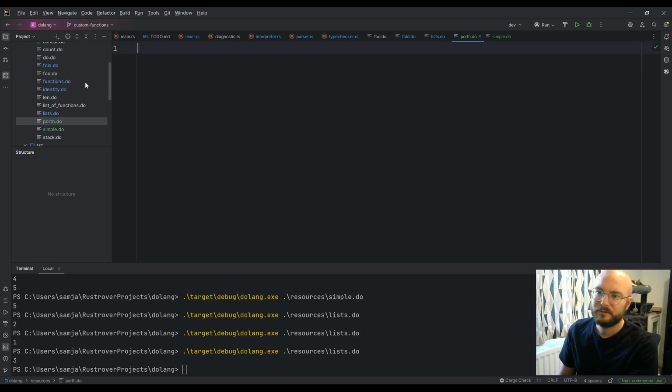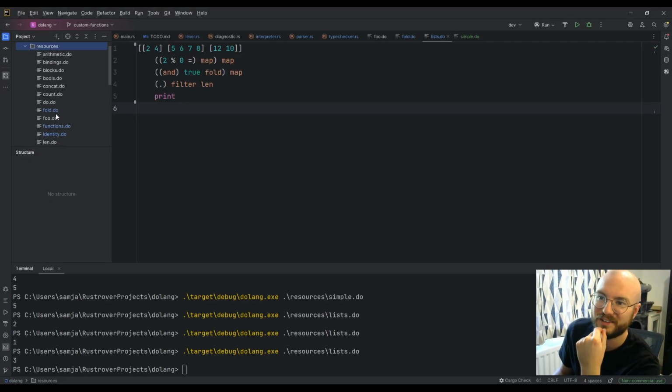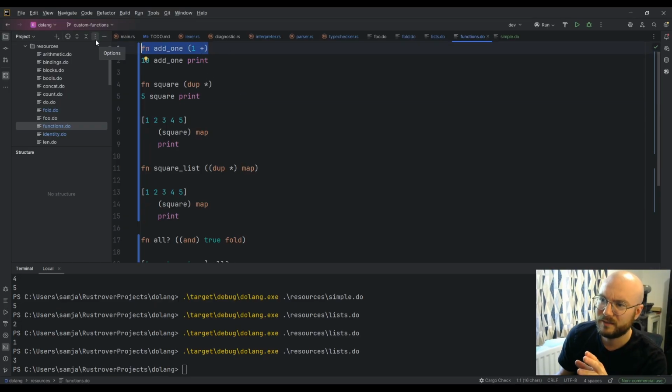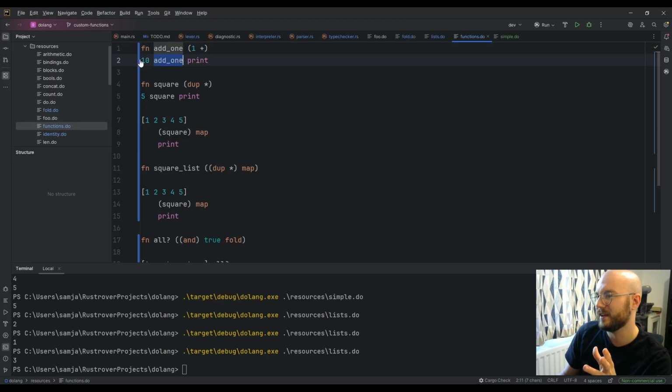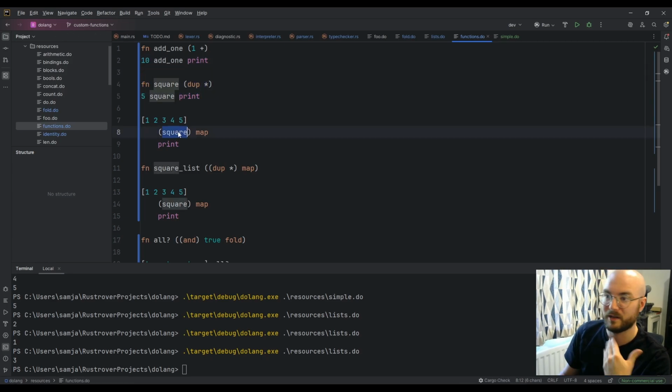And so if I get rid of Porth do, because that's just a confusing file to have. Then I just started playing with this, and it worked. It just worked. So if I have this function add 1, and then I call it after a 10, it will print 11. I can define a square as dupe star, and it will square things, and then I can use that function